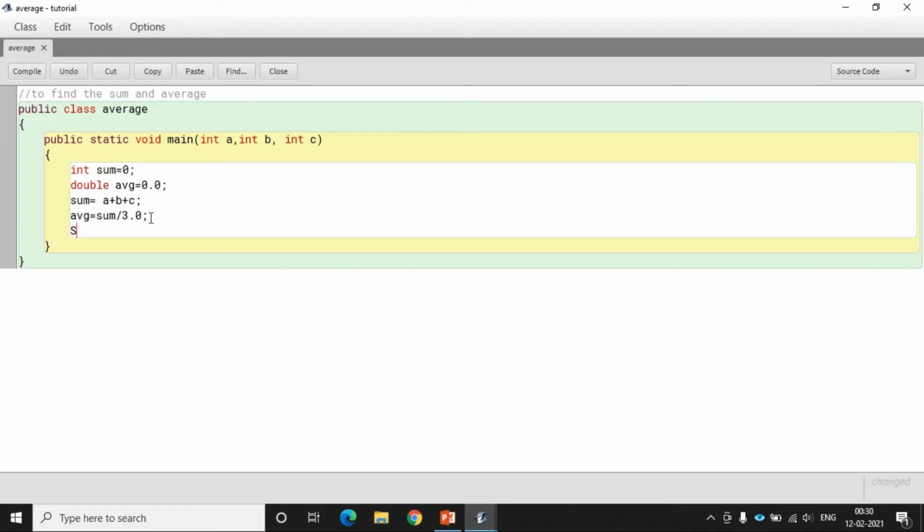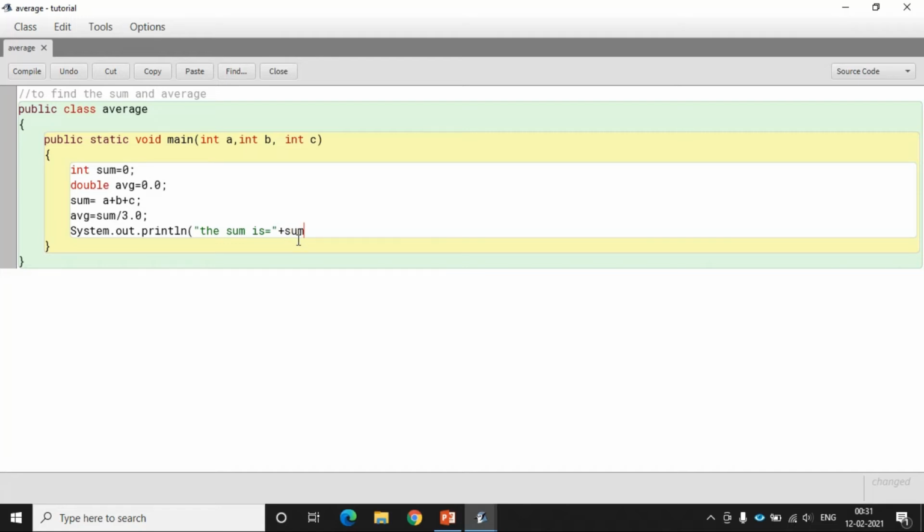So for that we have to write System.out.println("the sum is"). Now here you can write anything, whatever message you want to display along with a variable.